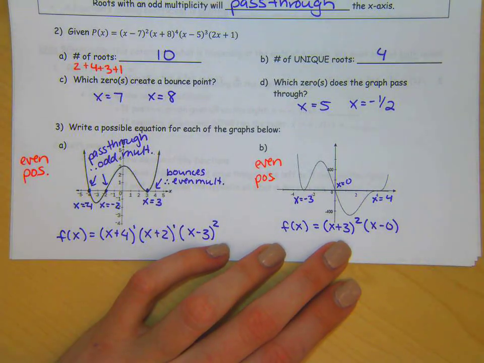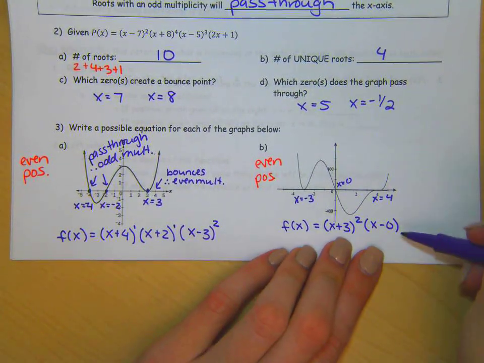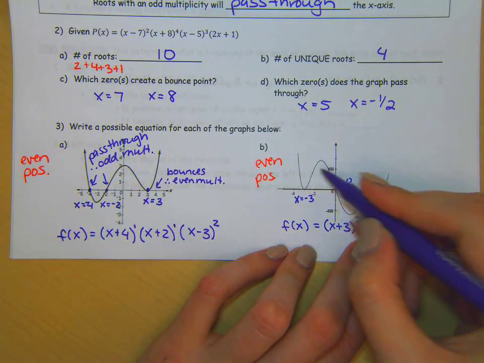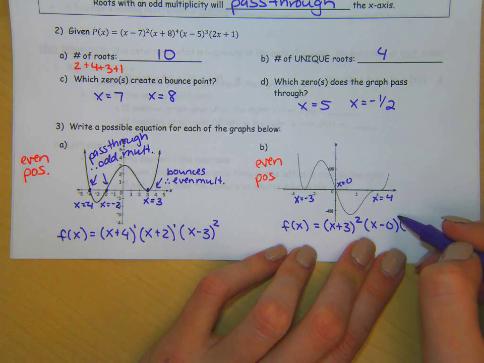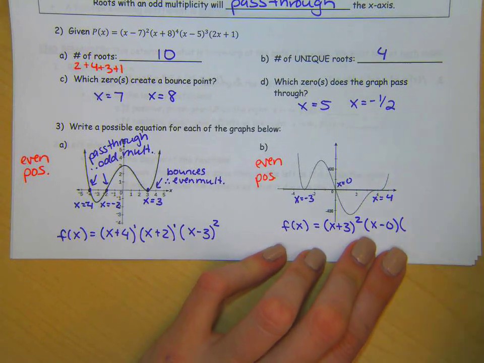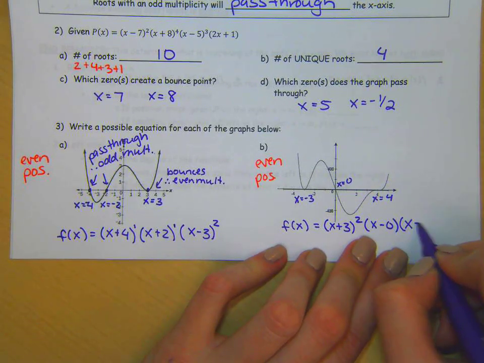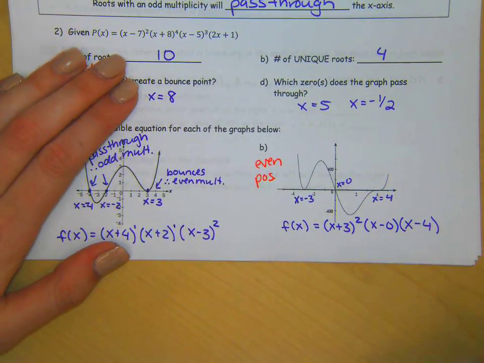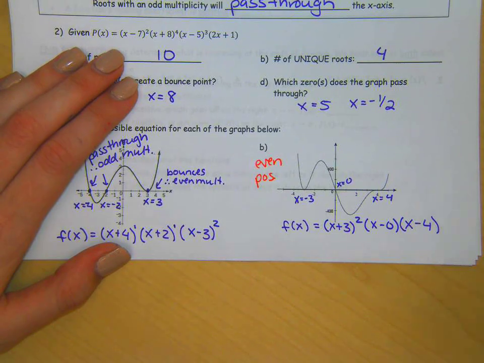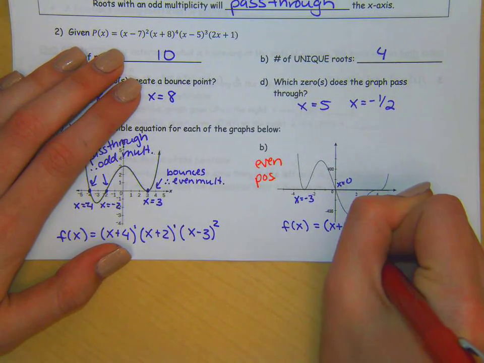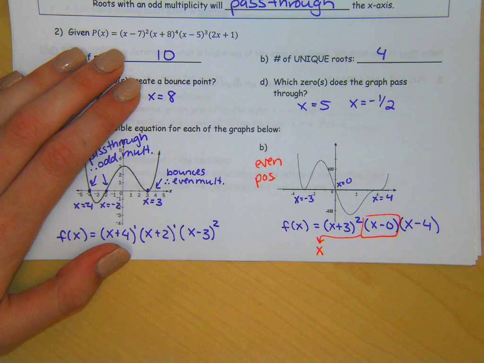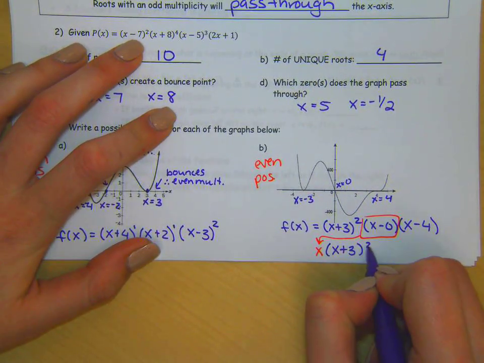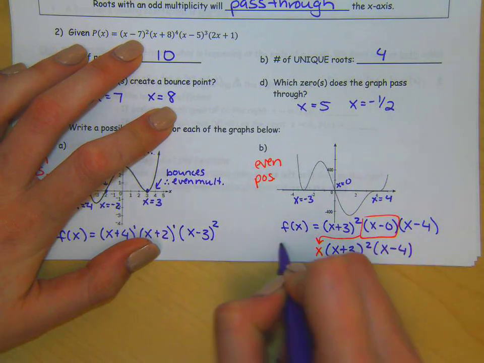We've got a x-intercept at 0, so really x minus 0, hold on to that thought. We'll change that in just a second. Either way passes through, so it has an odd multiplicity. We could put a 1 or leave it as nothing there. And then x equals 4, we've got x minus 4, again another pass through, so an odd multiplicity. X minus 0, I'm going to take that and I'm going to bring that out to the front as just an x. So I have x times x plus 3 squared times x minus 4, and that's my f of